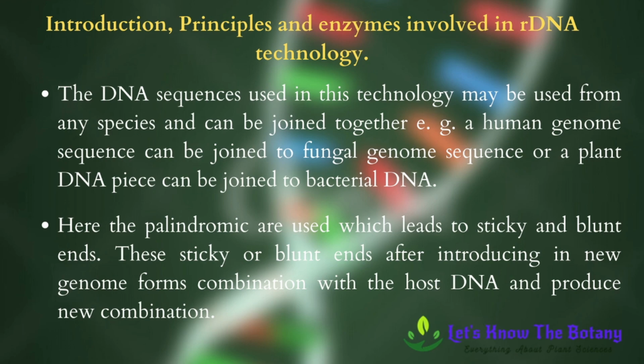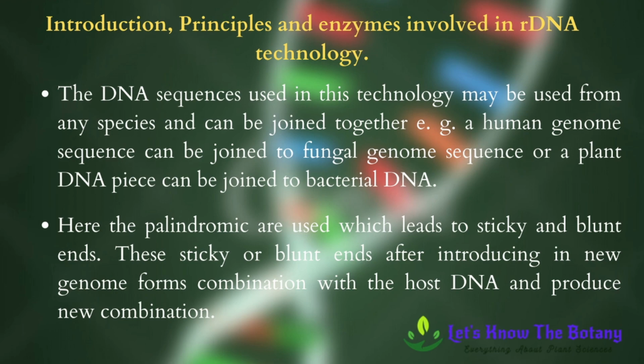The DNA sequences used in this technology may be taken from any species and can be joined together. For example, a human genome sequence can be joined to a fungal genome sequence, or a plant DNA piece can be joined to bacterial DNA. Here, palindromic sequences are used which lead to sticky and blunt ends. These sticky or blunt ends, after being introduced into a new genome, combine with host DNA and produce a new combination. Thus, DNA sequences that are not found in nature can be created chemically or artificially and then incorporated into new